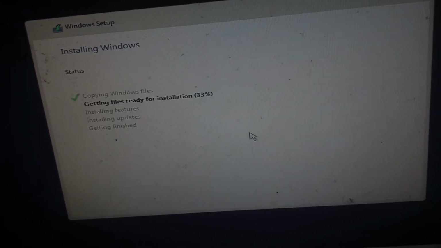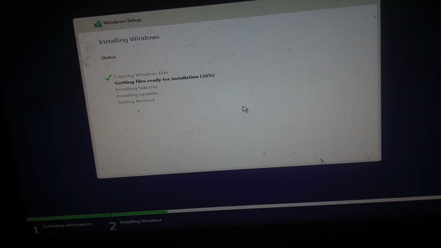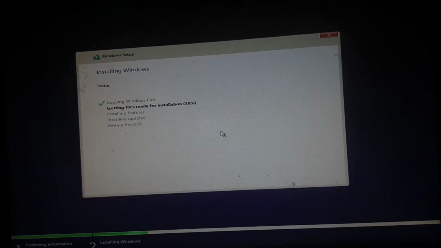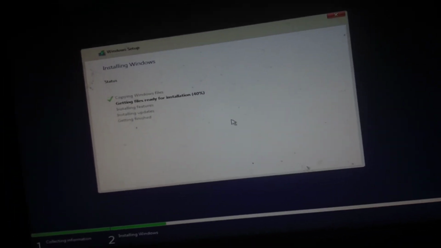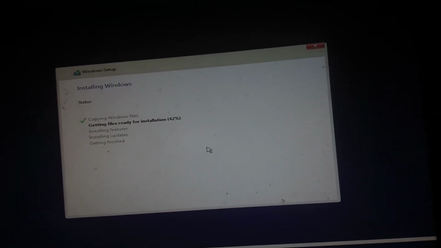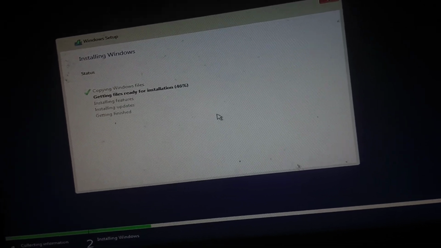Even a person with zero knowledge can install Windows. Many Windows installers will take 1000 rupees, 500 rupees, and many charges and money, guys, for installing Windows. You can simply install it yourself and save your money, guys. So be cautious, and observe and cross check everything at least 5 times to avoid mistakes, guys, that you might make. So be careful, guys. That's it.